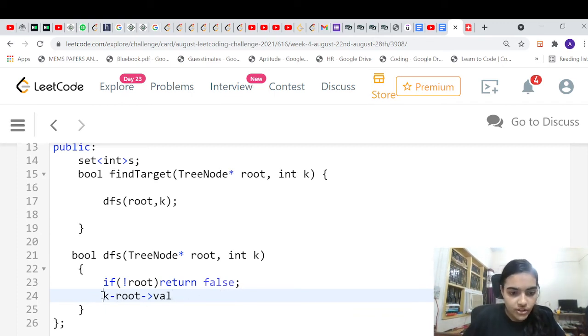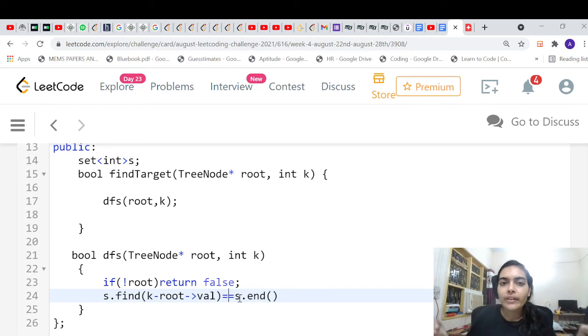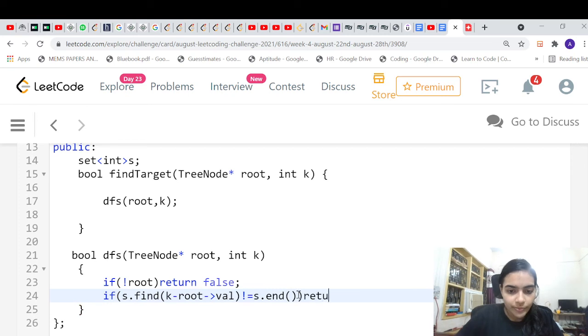You will search this value in the set: s.find of this value not equal to s.end. Why this condition? If it is equal to s.end, it means you searched all the values and couldn't find that value. If it is not equal to s.end, it means you searched the set and found the value somewhere. In that case, you can simply return true.